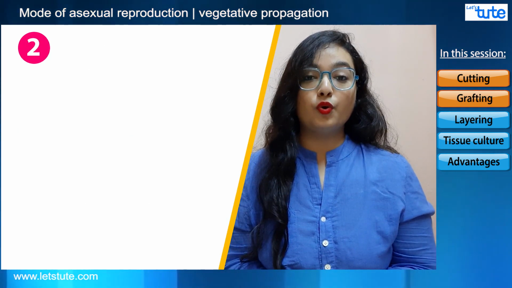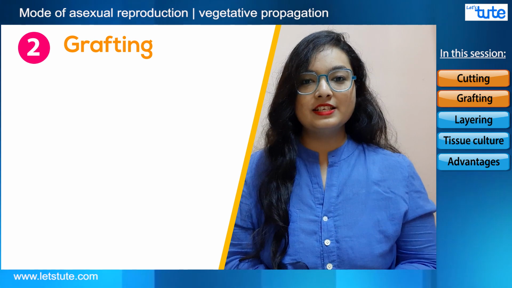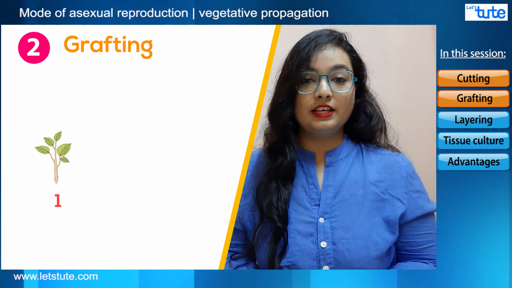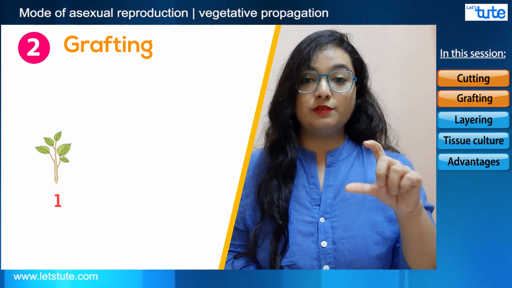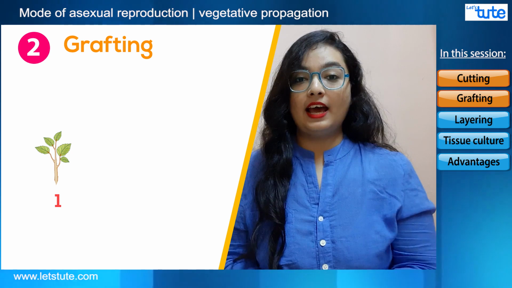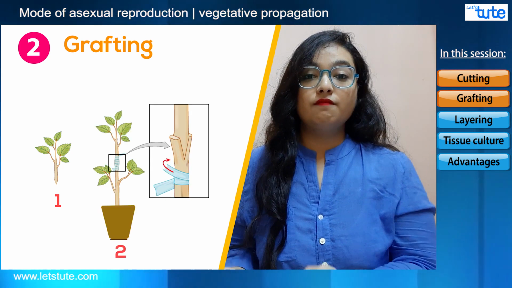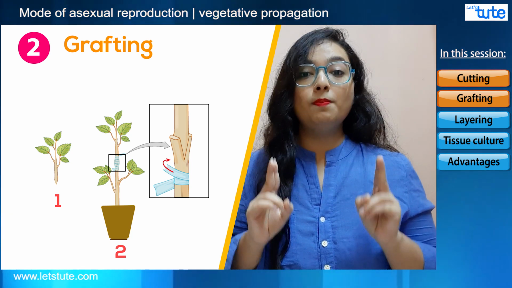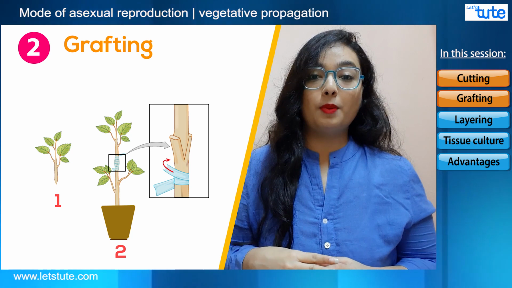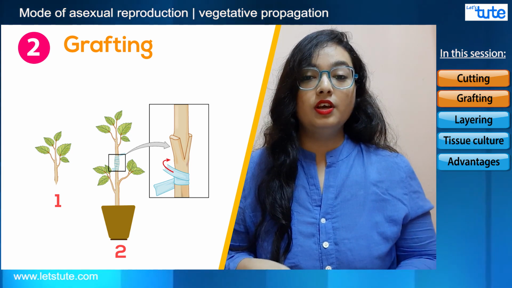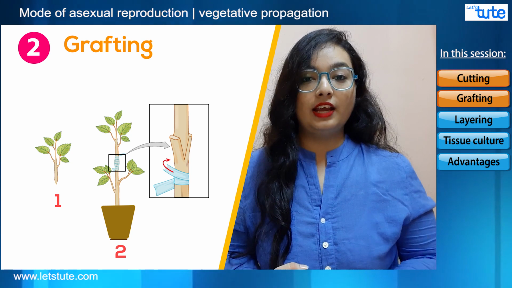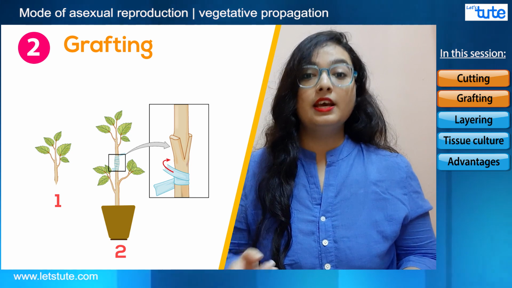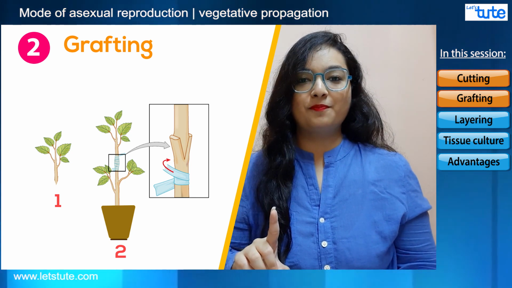Second method is known as grafting. In this, the plant tissue is cut into pieces, and the graft which has been cut is taken and attached with another plant whose roots are already in the ground. So the tissues of the two plants, that is one which has been taken from outside and the other which is in the ground, those two tissues integrate, and over a long period of time they form into a new plant, but as one single plant.